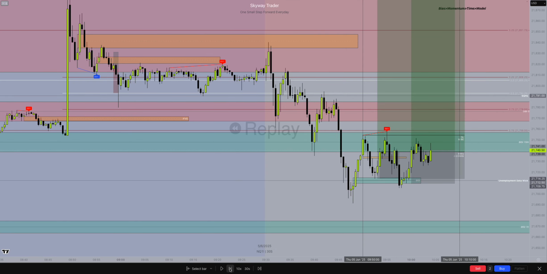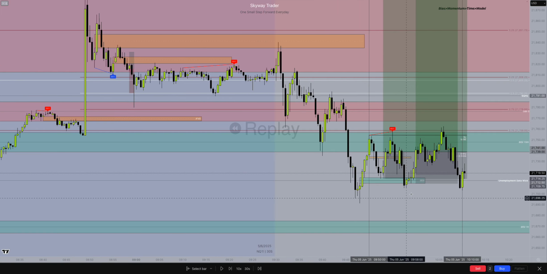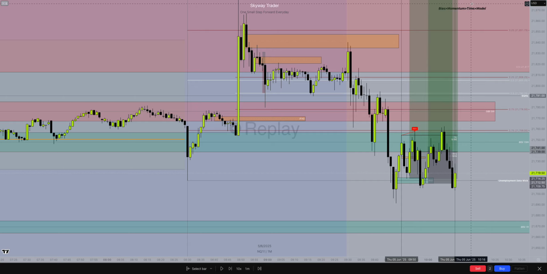Let's say how things just keep playing out here. So it does end up going and hitting the high, and that would have been TP1 or at least break even. No, break even was here for me, so I went break even right away. So I got knocked out. But had I not, this would have been break even, so I would have hit break even. Let's see what happens. So price again chops, goes lower. And at this point, this was not an expansion macro, it was a consolidation macro. We are at the end of the macro here, and that's it. So time is out now.